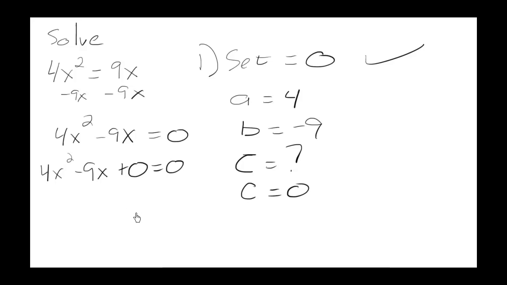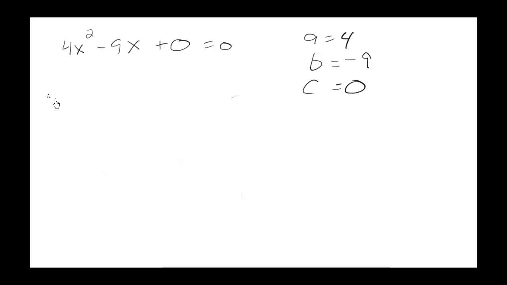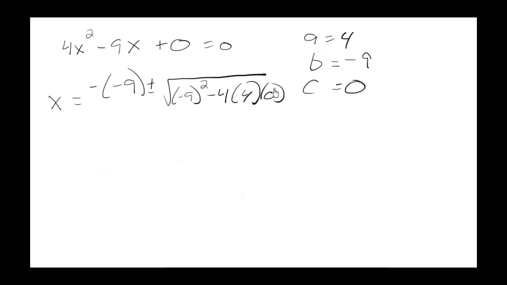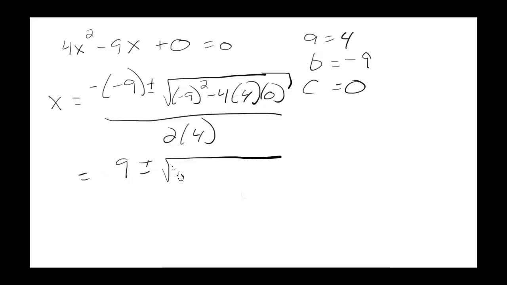Alright, let's do the quadratic formula. So x equals negative b plus minus big square root sign b squared minus 4 times a times c, all divided by 2 times a. Okay, double negatives, that's 9 plus minus square root of minus 9 squared again is a positive 81. And minus 4 times 4 is 16, and 16 times 0 is 0. 2 times 4 I think is 8, which equals